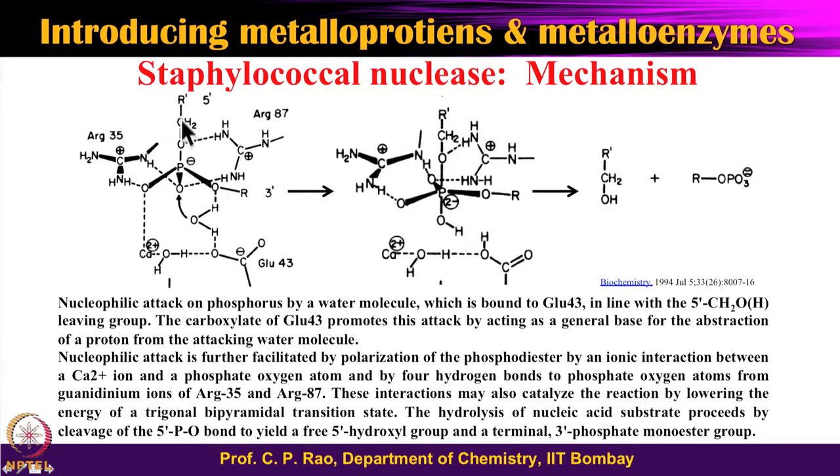So, you need an alignment of the phosphate moiety with respect to this water, and this whole thing is ensured by this group here, that group over there, arginine, and the arginine over there. These are the kinds of activities that take care in this particular